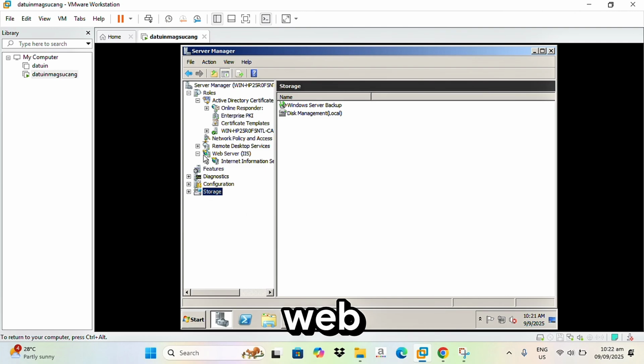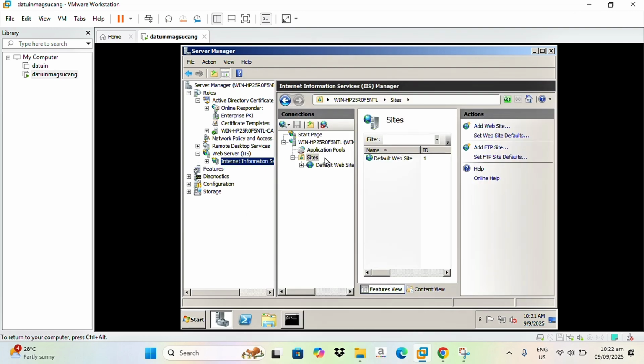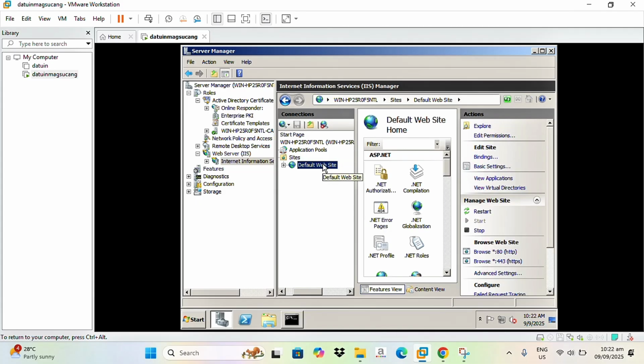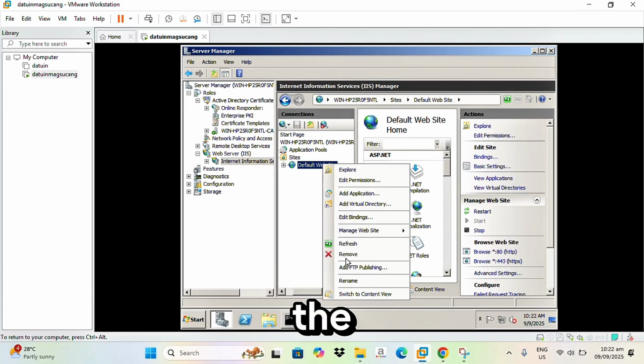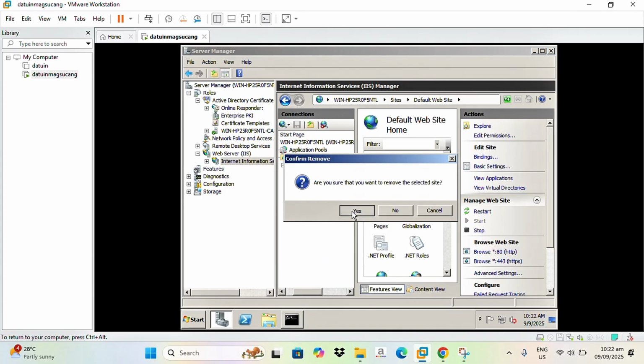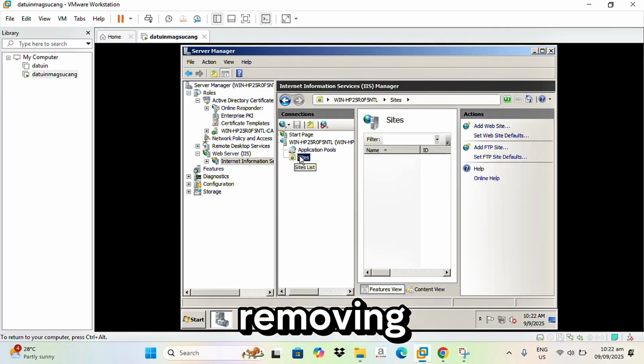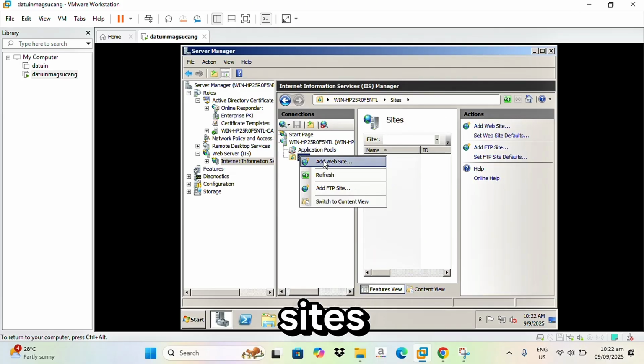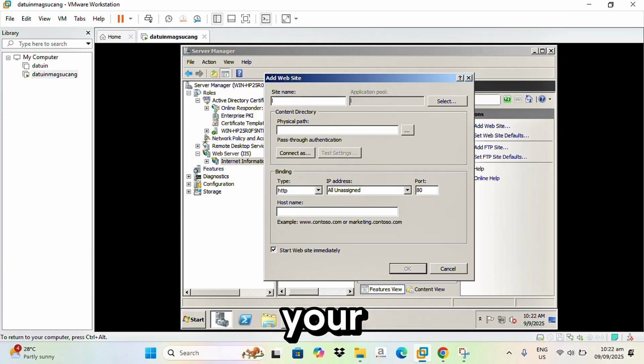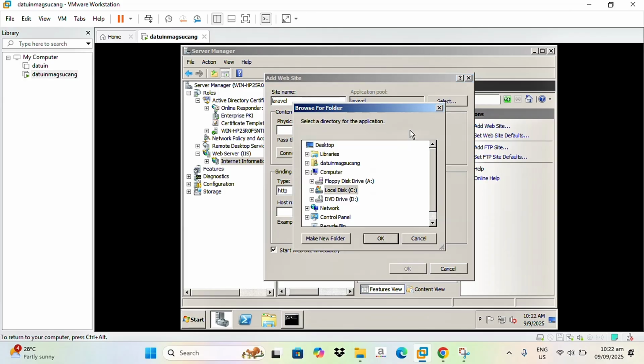So click the web server. Next is the Internet Information Services Manager. Then click Sites. And then first remove the default website. Then after removing, just right click sites and add, and then enter your site name and select the physical path, and then select local disk C, inetpub, and then wwwroot.